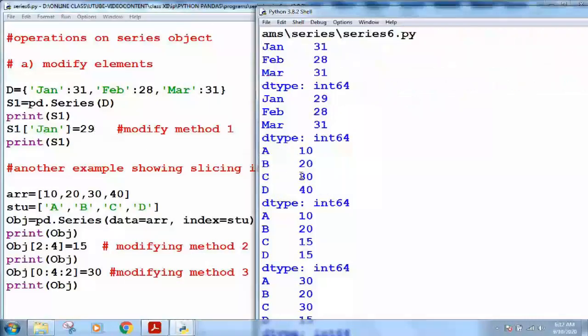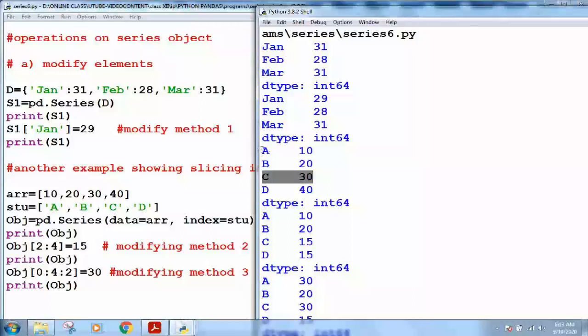Next you are using the slicing method to modify the elements. If you specify 2 colon 4, see, this is your original series A10 B20 C30 D40. Now if you are specifying 2 colon 4, position 2 means this one, C, because C is at position 2: 0, 1, 2, counting starts from 0 for slicing.